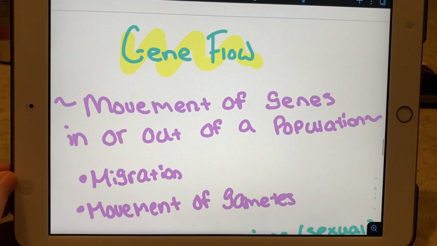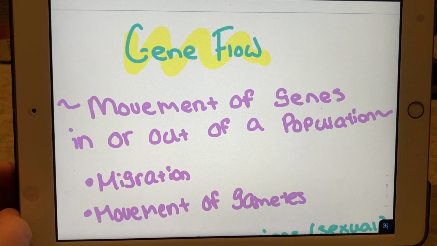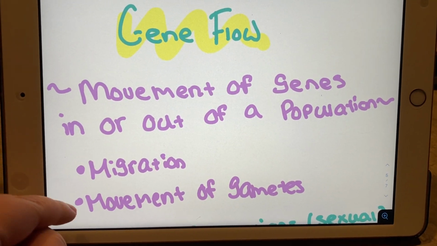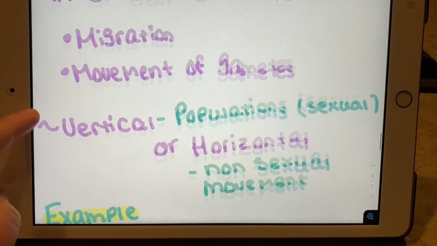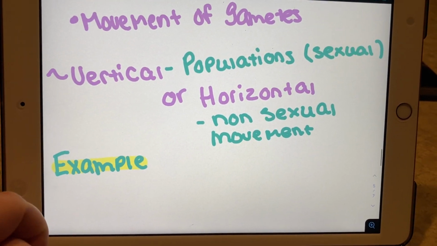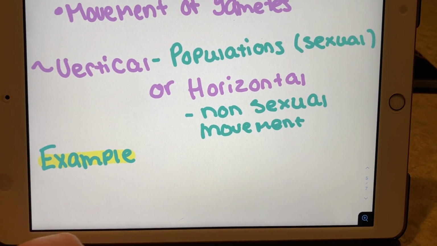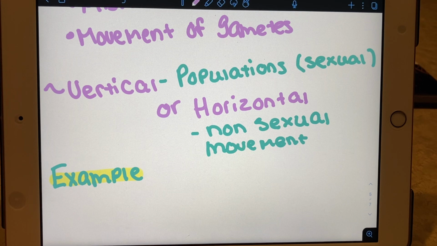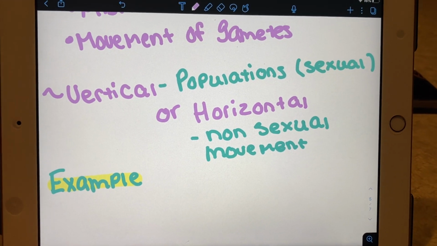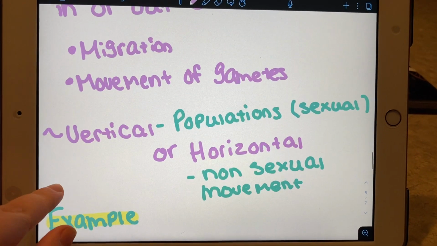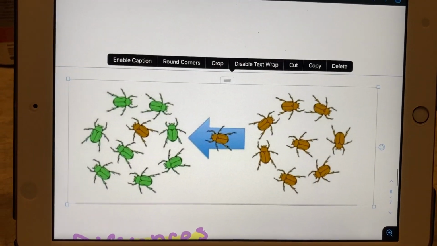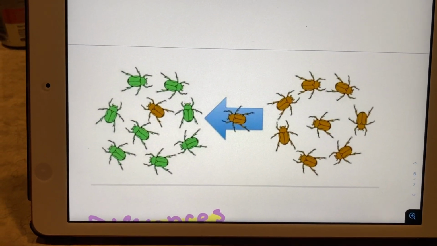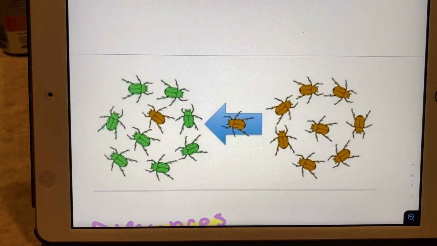And then there's gene flow, which is pretty similar to genetic drift, but gene flow is a movement of genes in or out of a population. So this has to do with migration or a movement of a gamete. There's two types, vertical or horizontal, where vertical has to do with the populations and gene flow being sexual, while the horizontal is non-sexual movement. An example is that a brown ladybug from an all brown population then goes into an all green ladybug